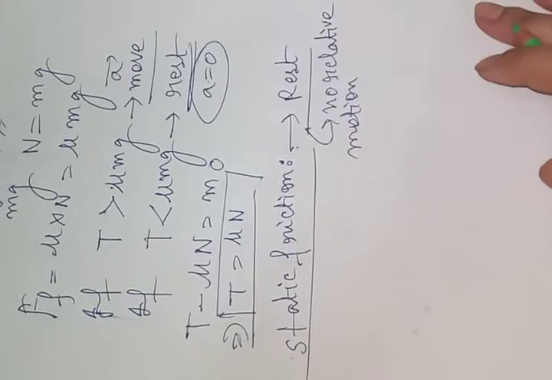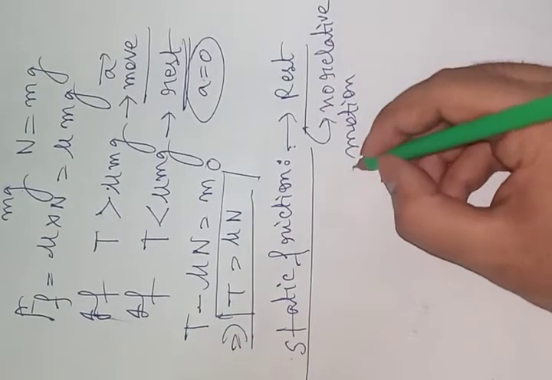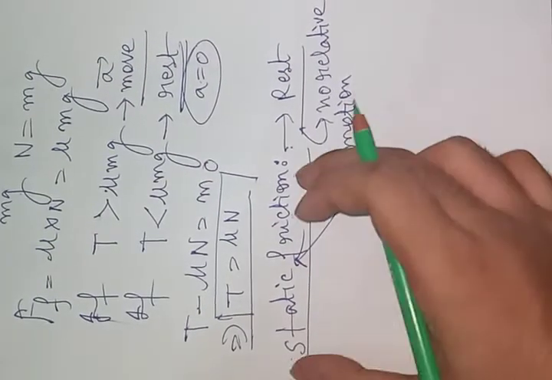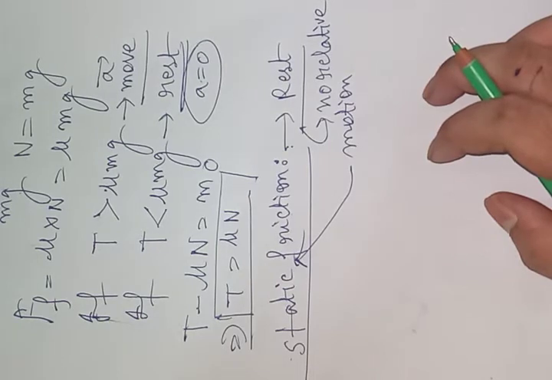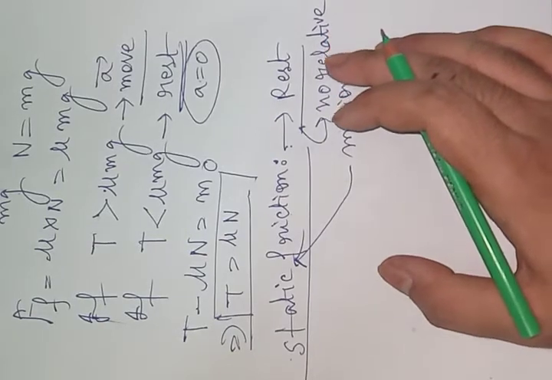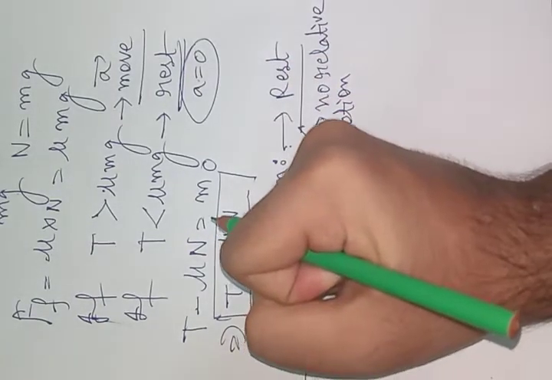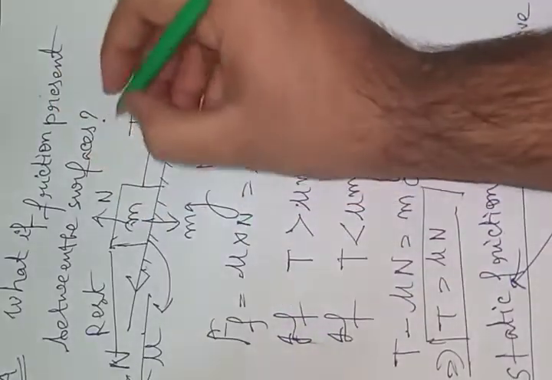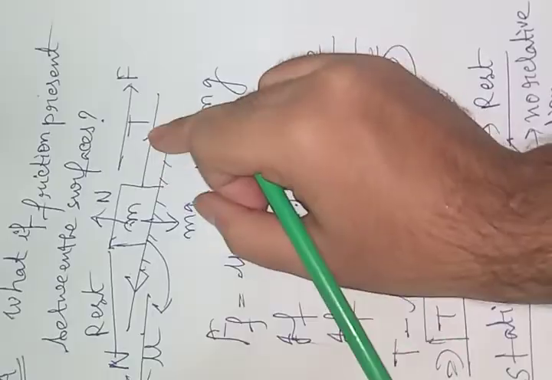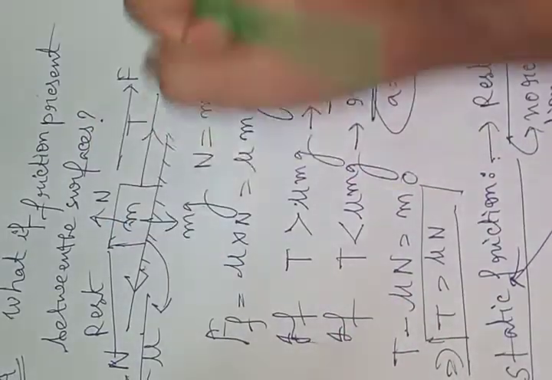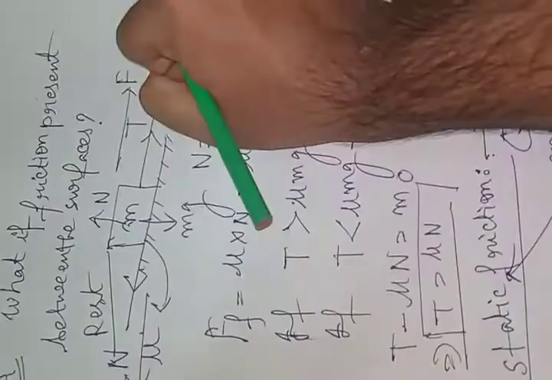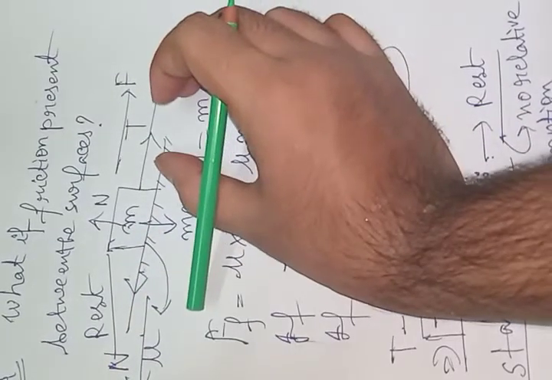There is no relative motion. So that is where the static friction comes into play. If a body is at rest, but friction is present, and we are applying a force F in this direction, pulling it with a tension force F equal to T, no matter what the force is, this block is not moving from its position. That means